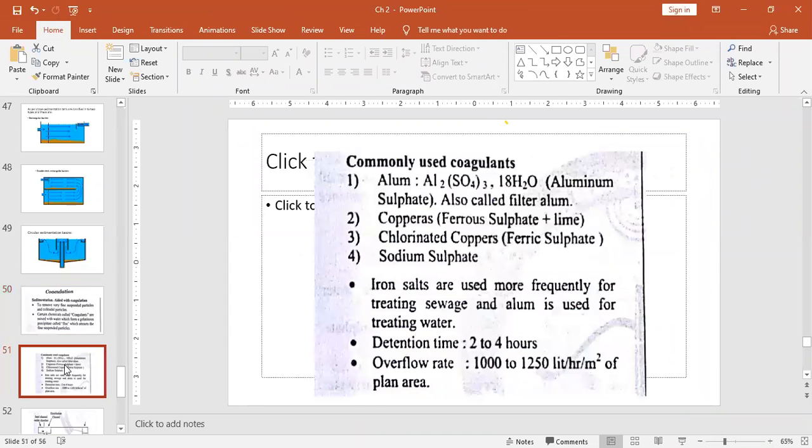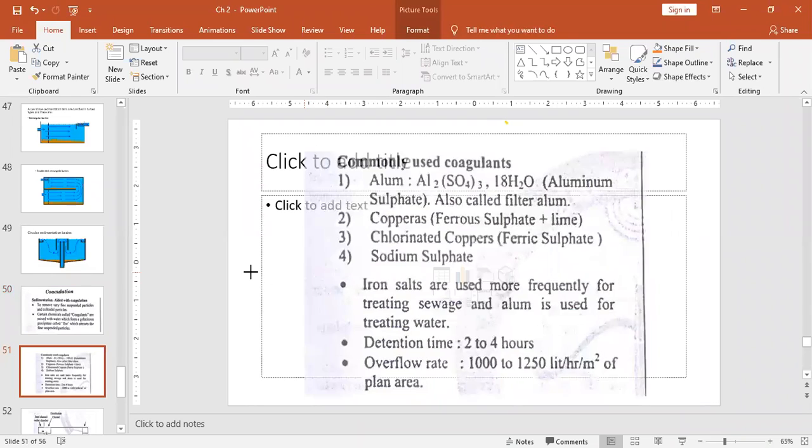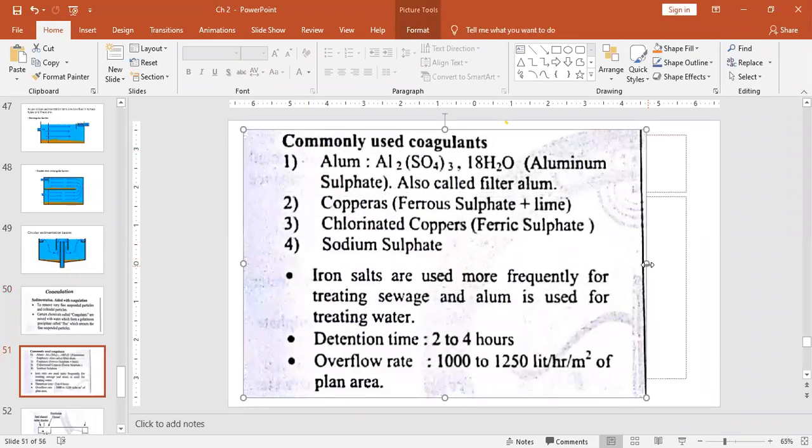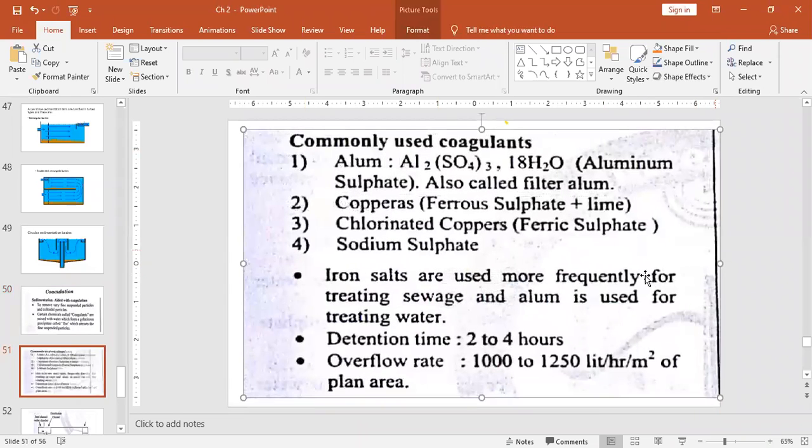Yes, ma'am. Yes. Now, what are the different coagulants? Function of coagulant you understood. What is the function of coagulant? To react, to neutralize the charge and bring the small particles together and convert them into floc. Okay, that is the coagulation, flocculation we can say. So what are the different coagulants?